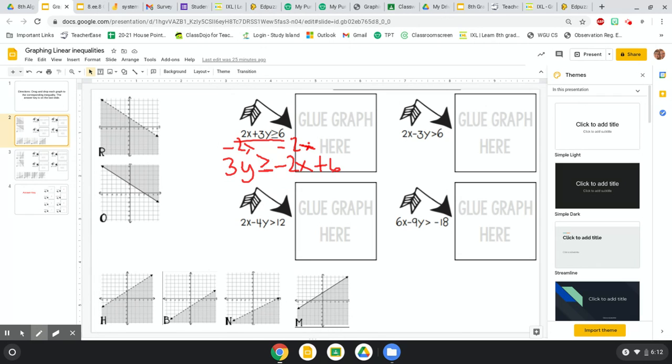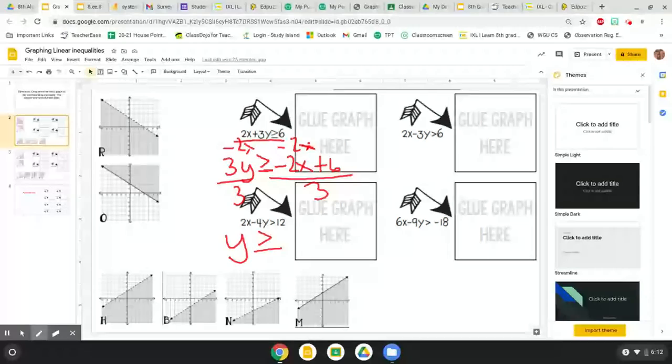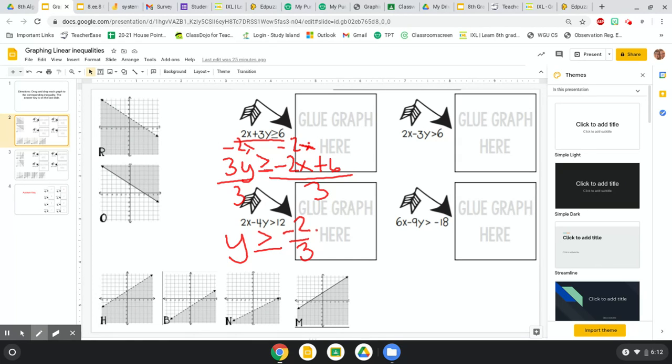And then lastly, to get y by itself, I'm dividing by 3, but I have to divide this entire side by 3. So I'm left with y is greater than or equal to negative 2 over 3, which I can leave as a fraction, so a negative 2/3 x. And then 6 divided by 3 is a positive 2. So now I'm taking this equation, now that it's solved for y, and I'm going to graph the line,